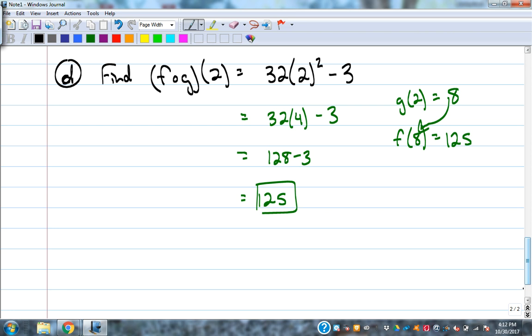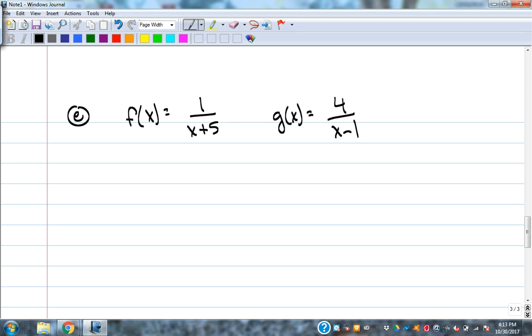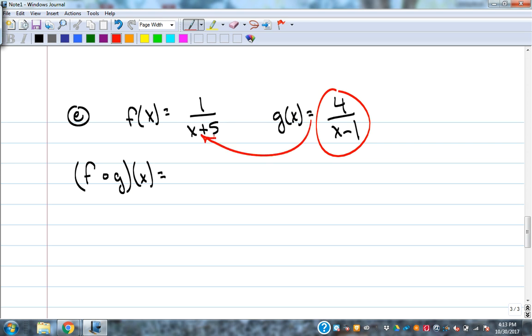Let's look at a couple of much different functions to do composition with. Example E, f of x is 1 over x plus 5, and g of x is 4 over x minus 1. Very much different because you got lots more going on. So if you're going to do f composed with g of x, we're taking the g of x function and replacing x in that function. So a little bit of challenging algebra here,